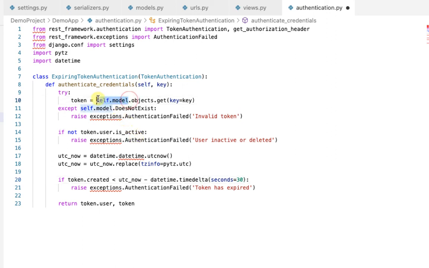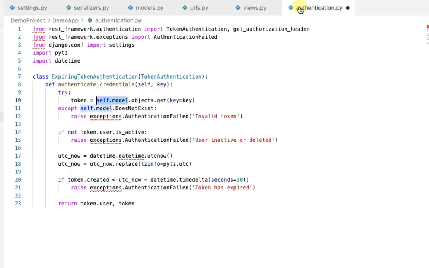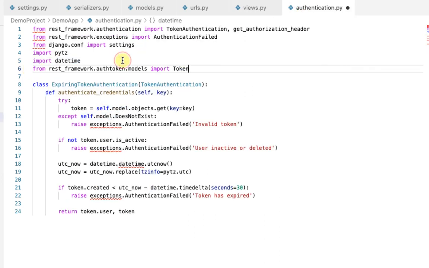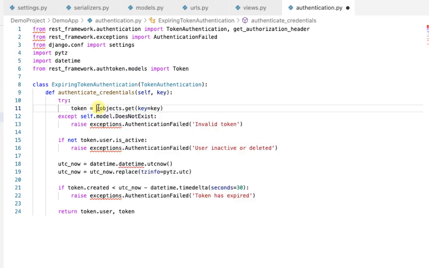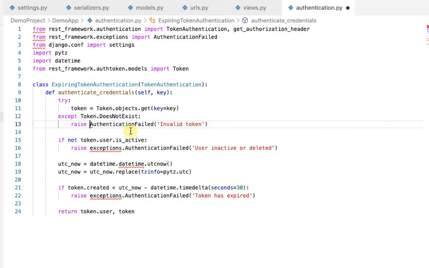Now, instead of self.model, I'll define my model name here. I'll delete the exception word as I am already importing it as AuthenticationFailed from exceptions.